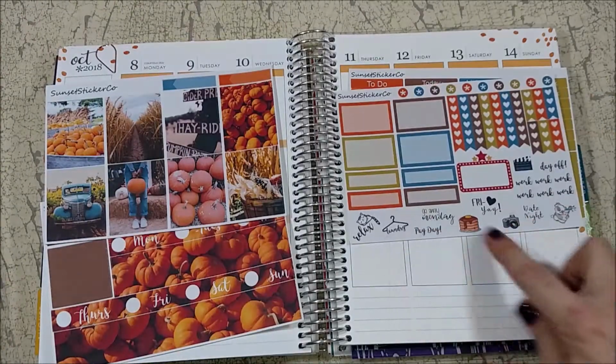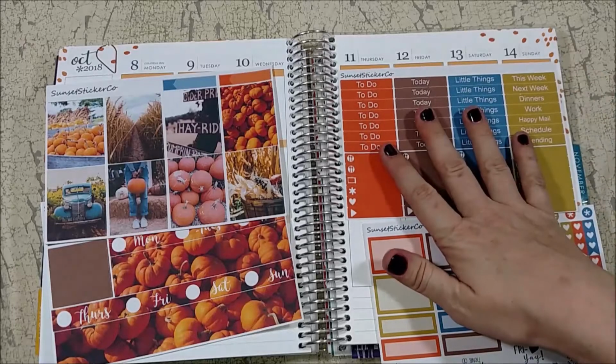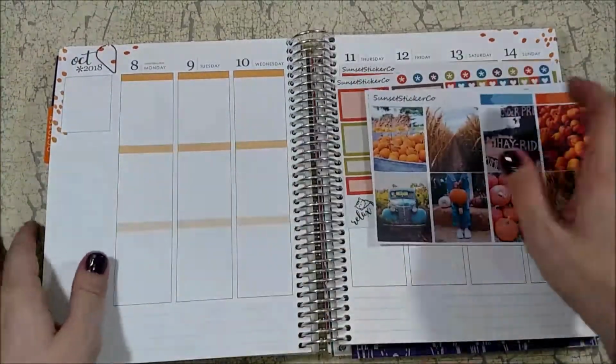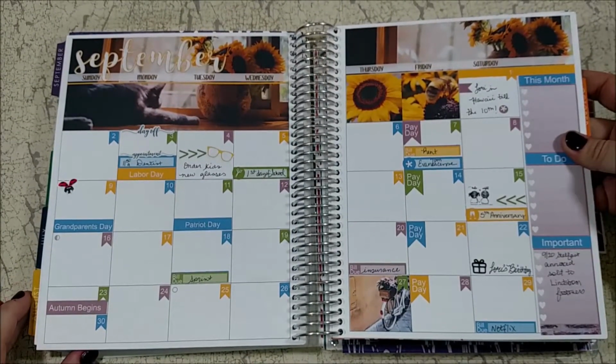I love all the functional scripty stuff, and the little things are fine. I kind of have gotten away from these type of headers, so it's a thing. Let's see, if we flip back, this was the monthly kit from her shop for September, and it came out really cute,